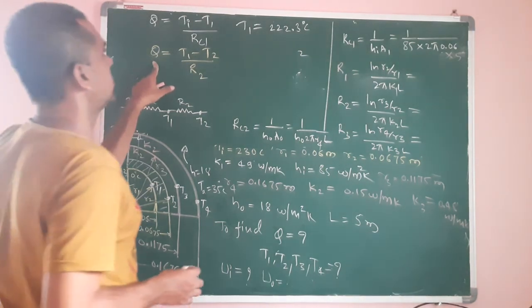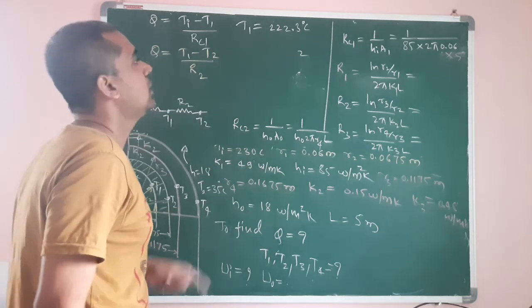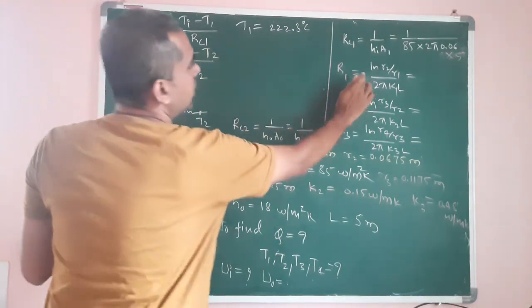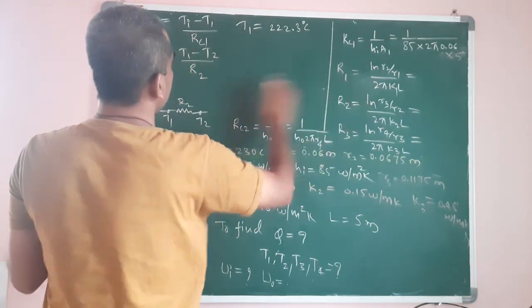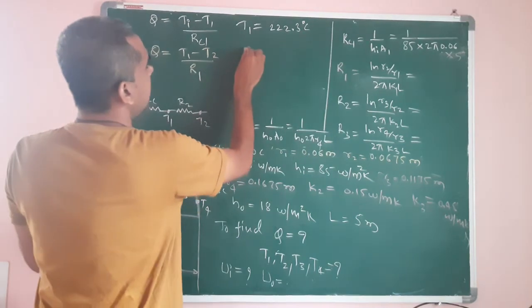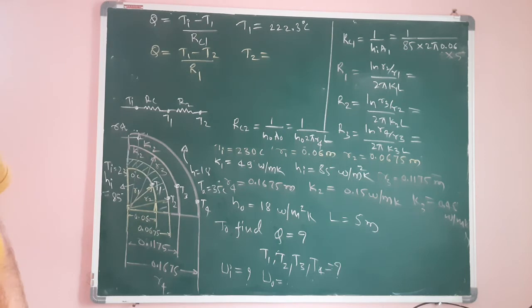Here, if you substitute Q, which remains the same, that is 1234.06, and T1 you have just calculated, and R2 you will calculate like this. Then you will get T2 is equal to 222.2